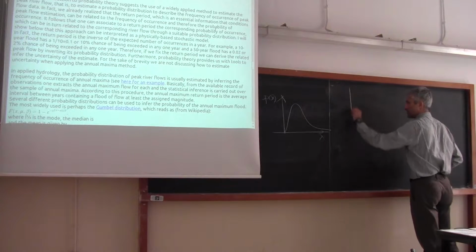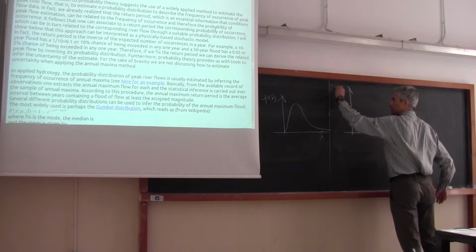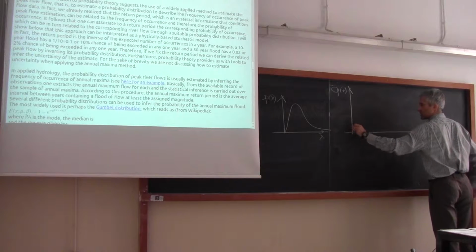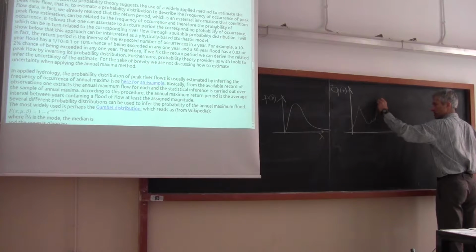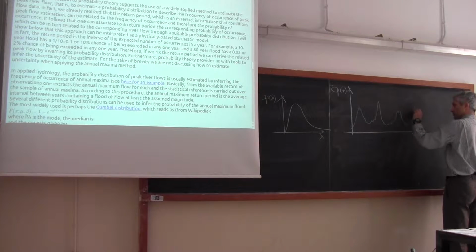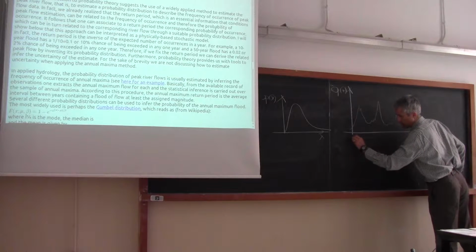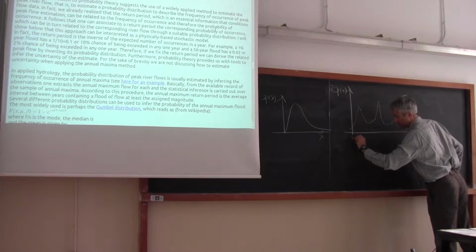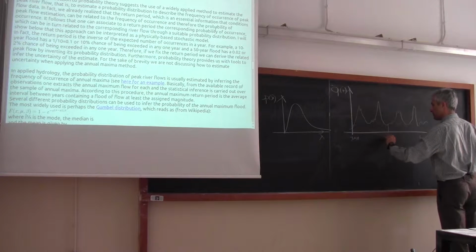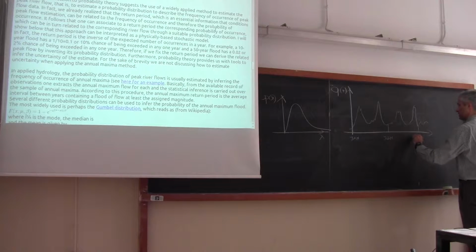Let's suppose that they have this hydrograph here, and let me call it Q of T. And let's suppose that you have this hydrograph, which typically for the Po River is like that. And so if you have here January, and this is the subsequent January, and this is the subsequent January,